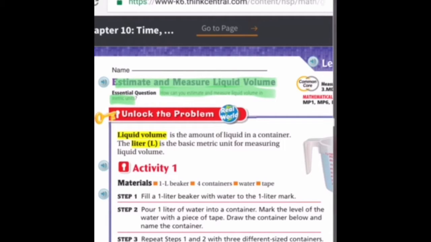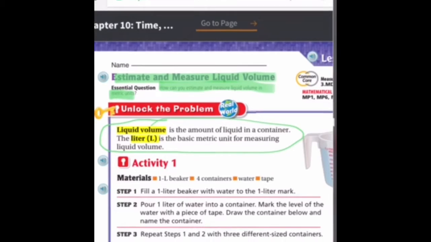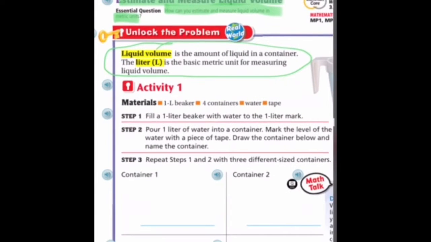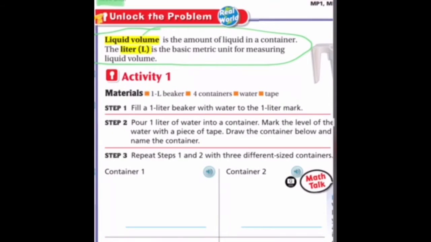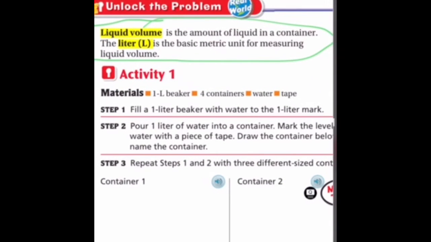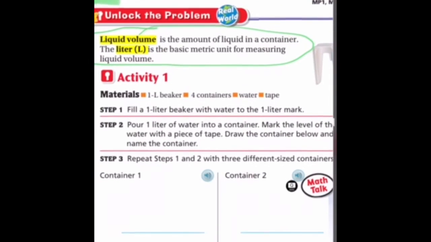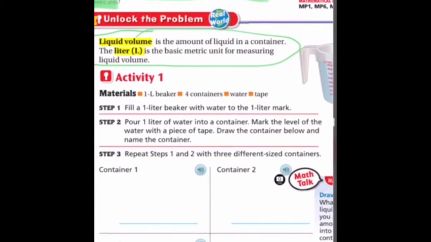Liquid volume is the amount of liquid in a container. The liter, L, is the basic metric unit for measuring liquid volume. We have an activity here that I'll cut to and show some other video of me filling some different containers. We're going to fill a 1 liter beaker with water to the 1 liter mark, using a spray bottle, the same one we use to spray our iPads with. Then we're going to take the water from that container and pour it into 4 other containers